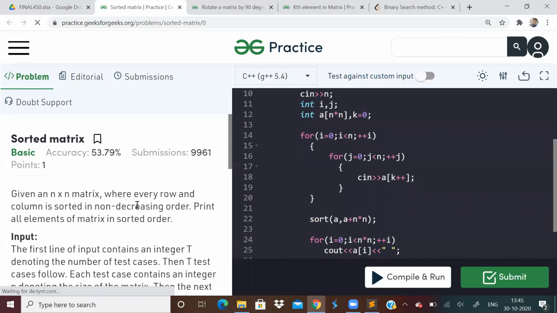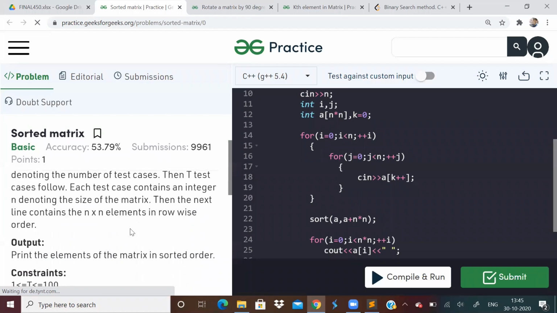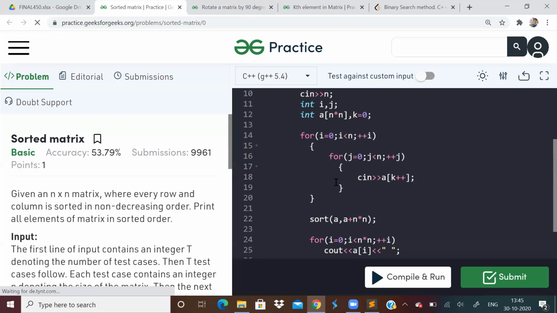In the interview, if they ask you specifically to accept it as a matrix, then you have to use that merging concept, merge the arrays. And over here, we won't be using that because I don't think it is necessary to complicate the code.